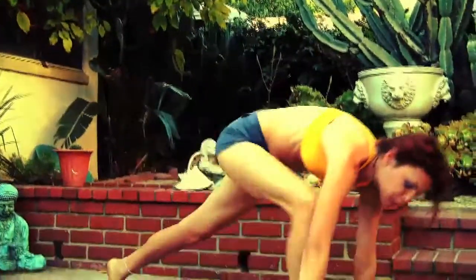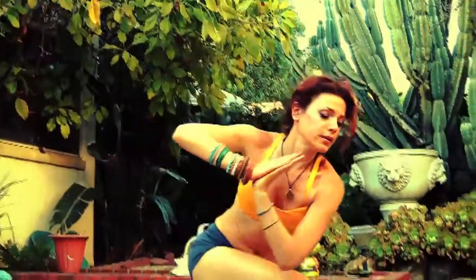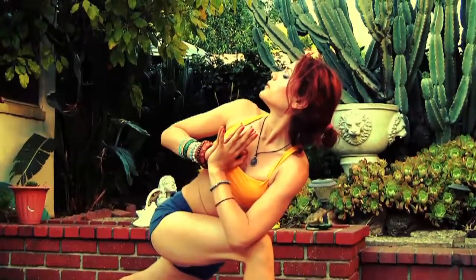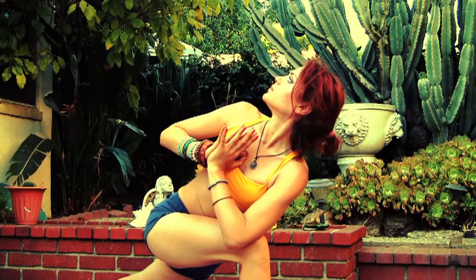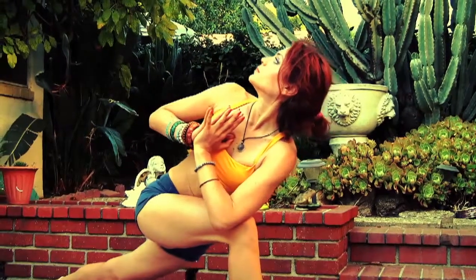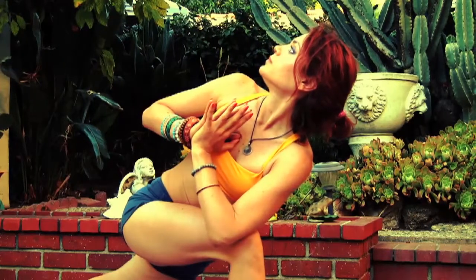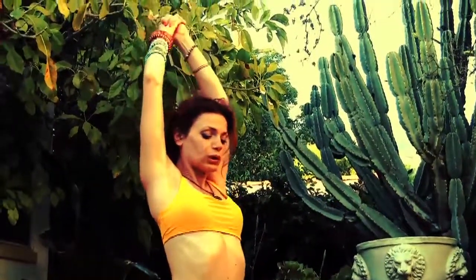And look between your hands one more time. Step the right foot between your hands. Come up. Hands in prayer. Left elbow on the outside of the right knee. Look up. Inhale, coming back up to center, reaching over the head, and we're gonna lower the knee